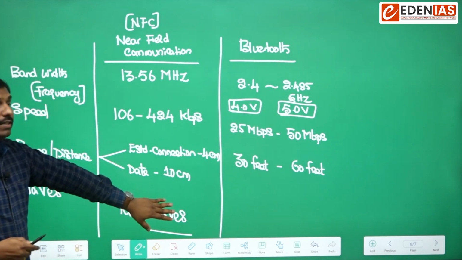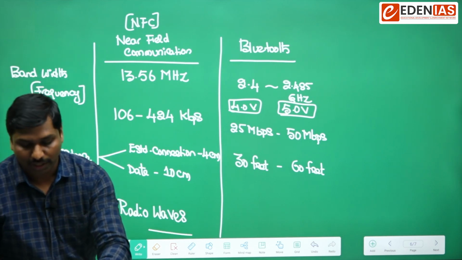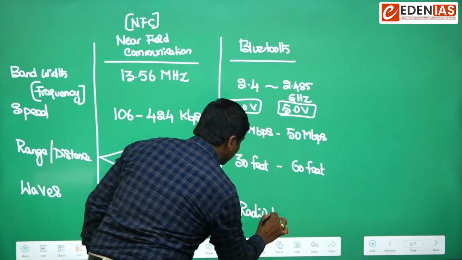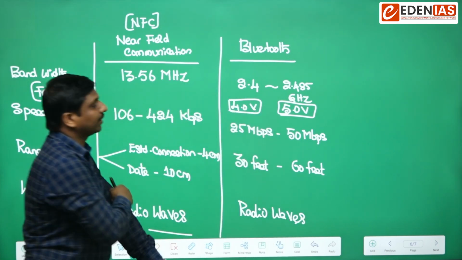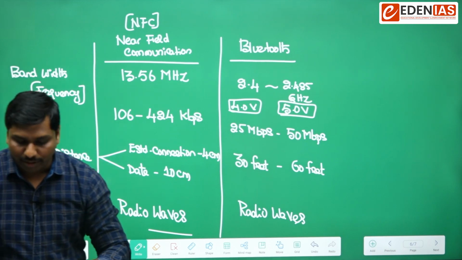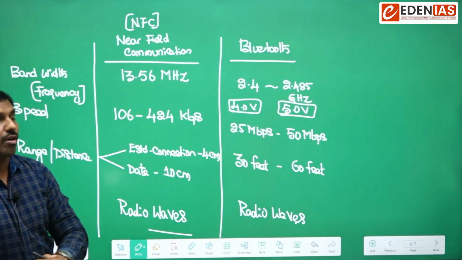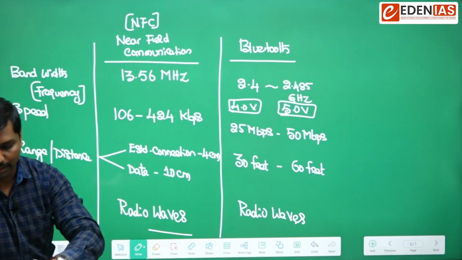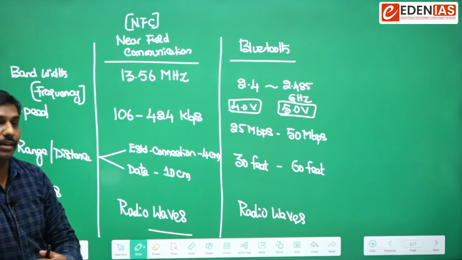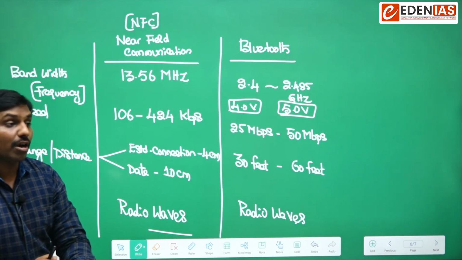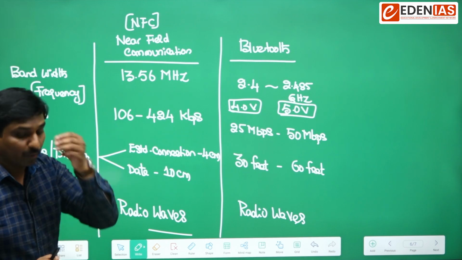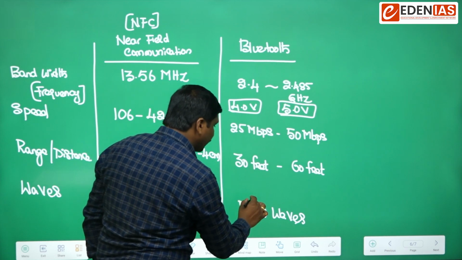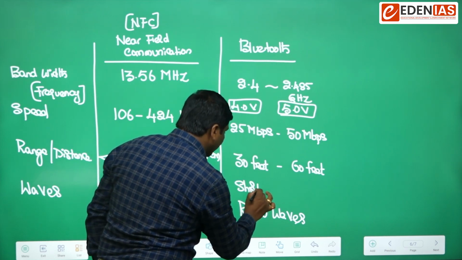Then, with respect to the type of electromagnetic waves used, usually radio waves will be used here also. In simple fashion to say, Bluetooth is a kind of short range wireless data transmission communication network. So usually it will use short wave radio waves. Remember the wavelength here, what kind of waves are we using: short wavelength